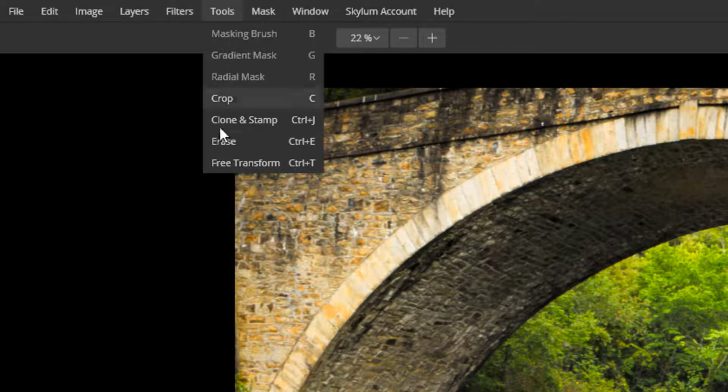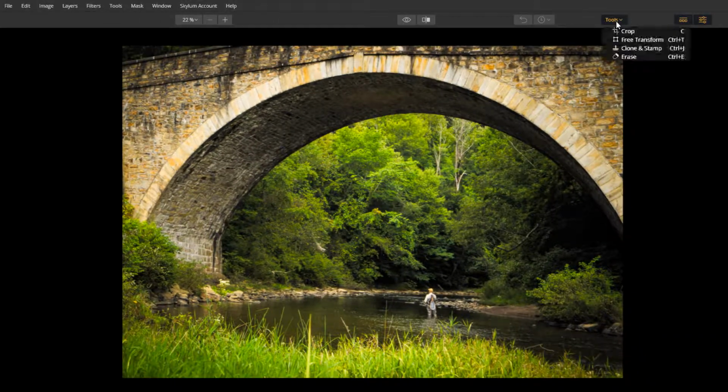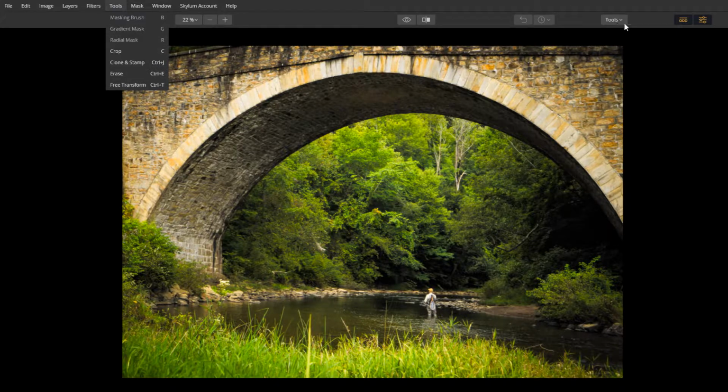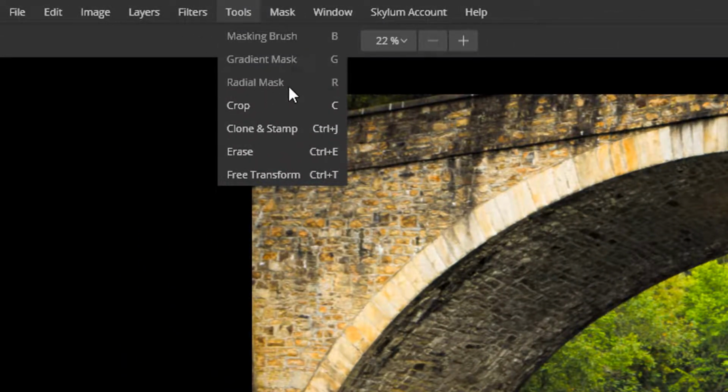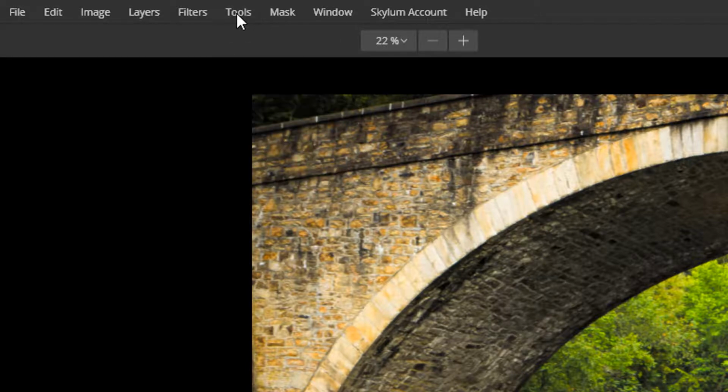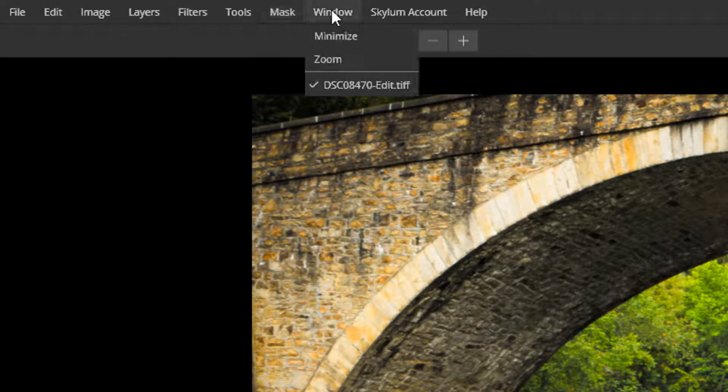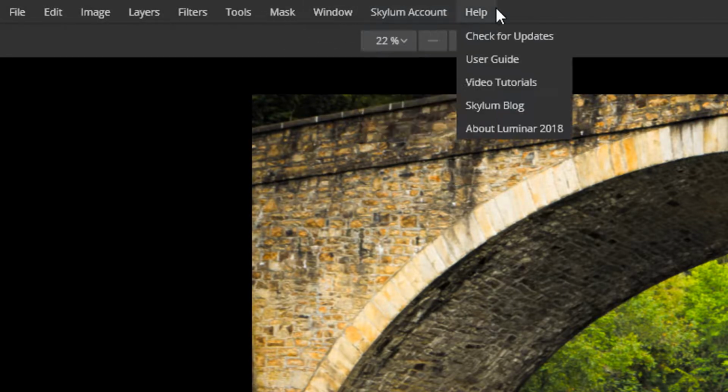Tools, these tools are the same tools that you have over here. So this is the same as this, with the exception of you have a masking brush, a gradient mask, and a radial mask here. Okay. And then masking, more masking options here. And then your typical window, and then your help and your Skylum account. All right, so